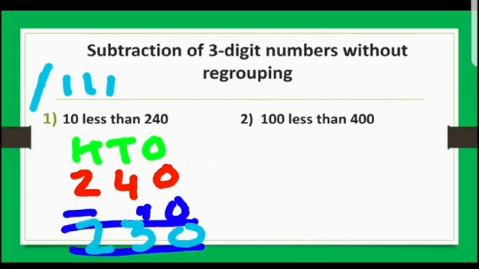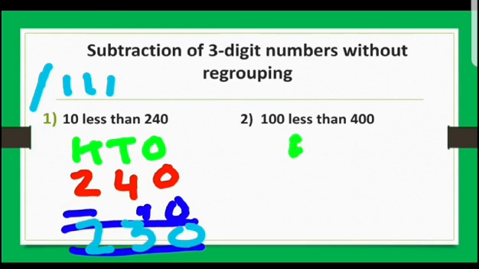So what you have to remember in these type of questions, children, is that when it is given less than, you have to subtract. Again you will write the bigger number, 10 you will write under that, and then you will do subtraction starting from ones place. Now it will be more clear when we will do one more question. Only difference is there. Here the smaller number is also a 3-digit number, that is 100.